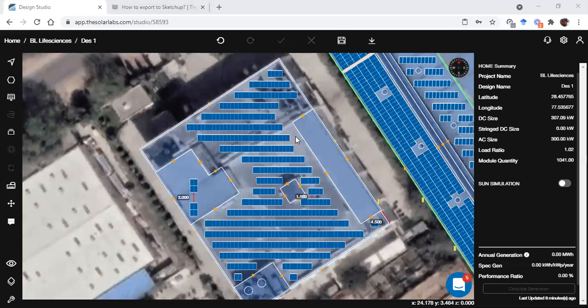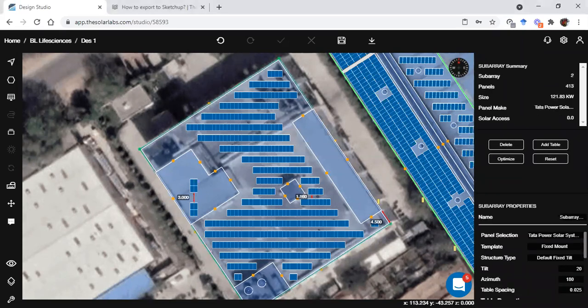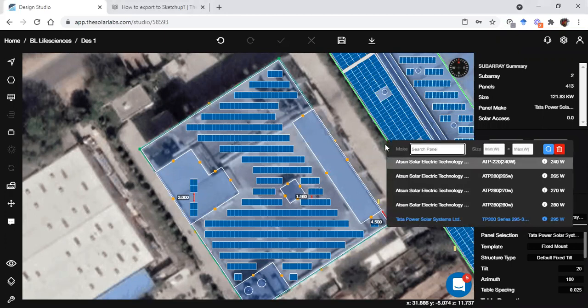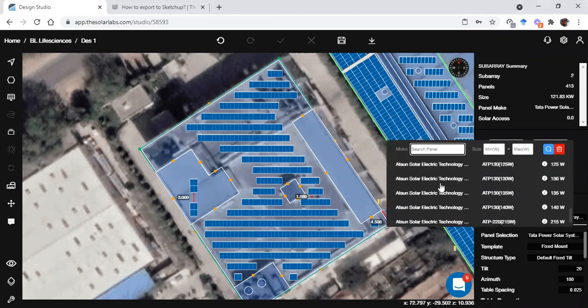Please explain inventory and pricing part. So, Mr. Aditya, regarding the pricing part, you can share your details, and our sales team will contact you regarding the pricing part. And for the inventory part, I'll show you here. If you see in the sub array, in the panel selection, you can see there is this inventory.